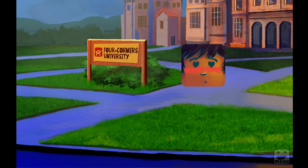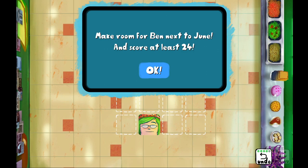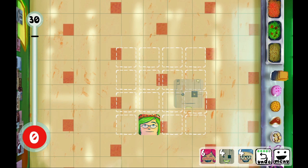Uh-oh. That fella's eyes, they just turned all crazy. Oh, no, now it's smiling. What could this mean? Make room for Ben next to June and score at least 24. I don't know why I don't have the camera on. These things make me want to do these crazy hand gestures. So if we're going to leave room next...